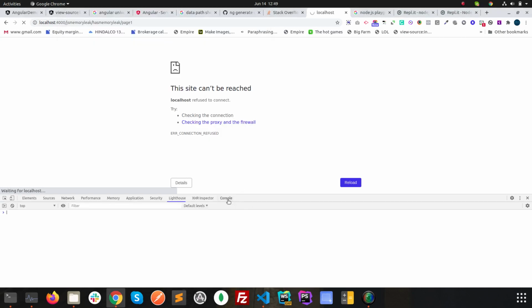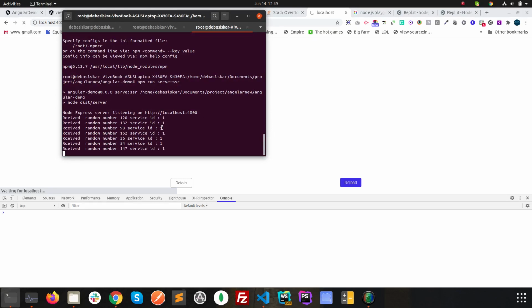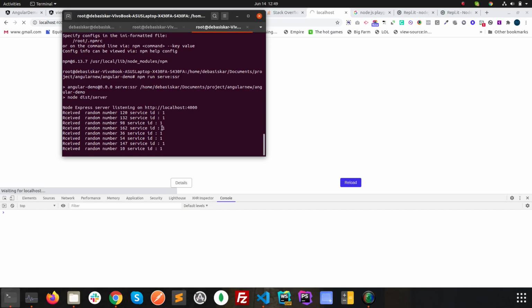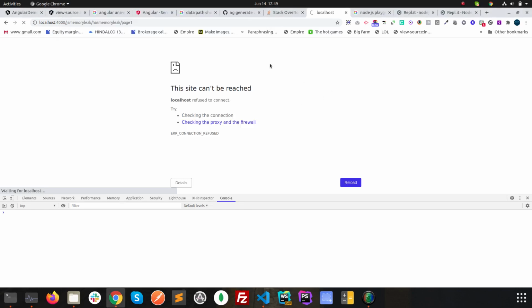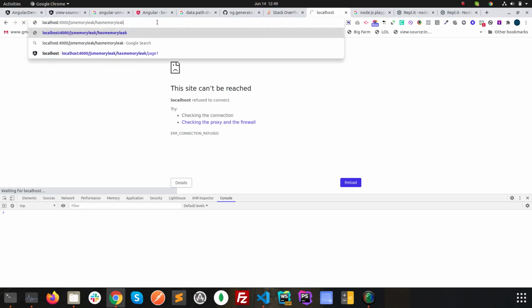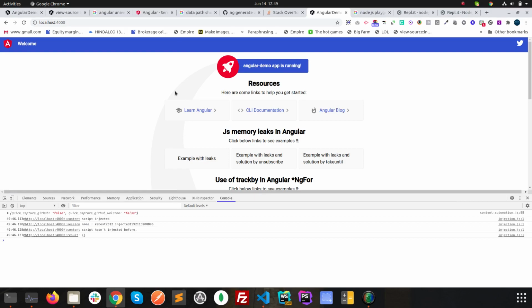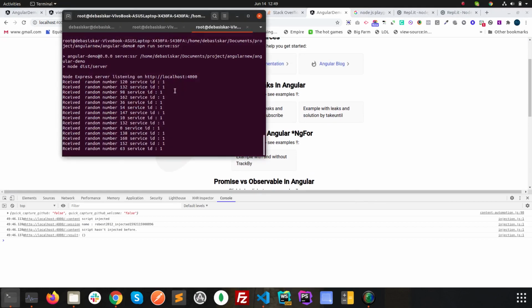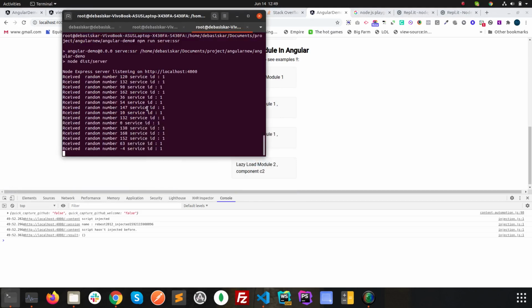When we run this, we got things in the console. These are the console logs we have in the Angular project, so it's showing those. I think for some reason my browser is slow, so it's running a bit slow. Anyway, you can see this is running, this is working fine.